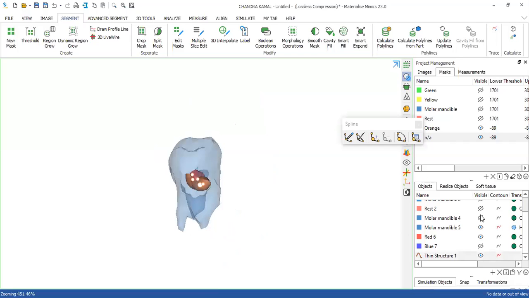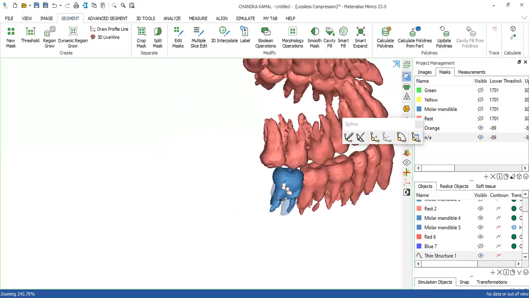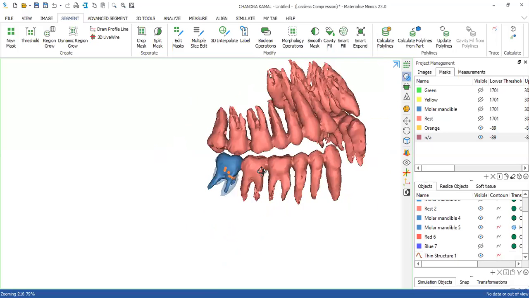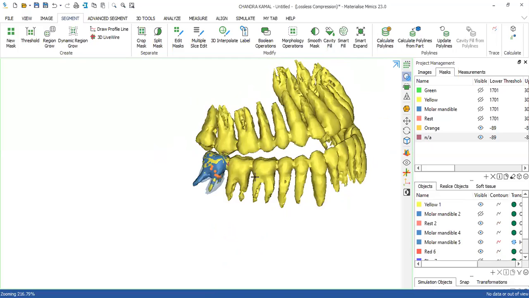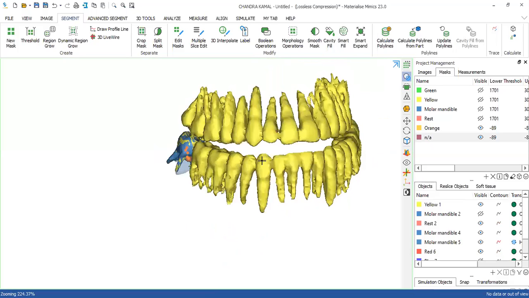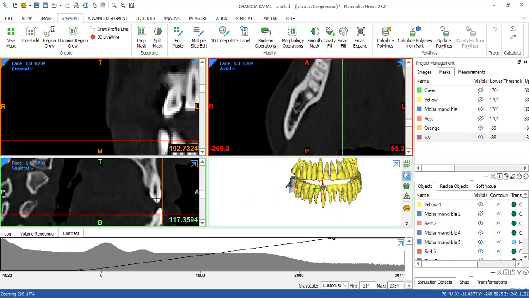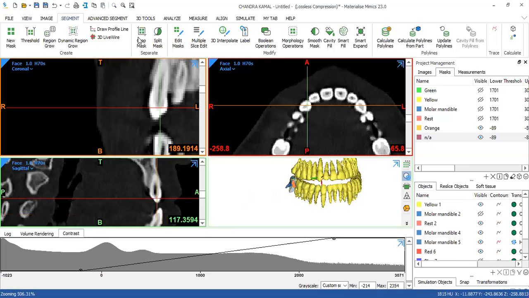Similarly, if I were to trace the canal for other teeth that we have, let's say we're tracing for canine. This is the complete set that we have. I'm tracing for the maxillary component.